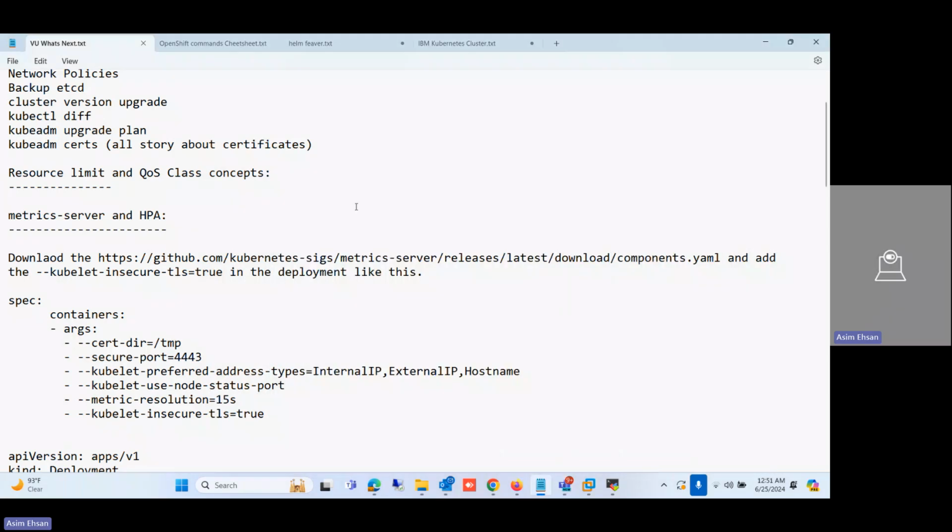In this session, we will discuss the metric server and horizontal pod autoscaling. In the last session, we did the resource limit and quality of service class concepts. So we applied the resource limit and quality of service class concept. Based on these resource consumption on different pods, we can make decisions of scaling up our application when the